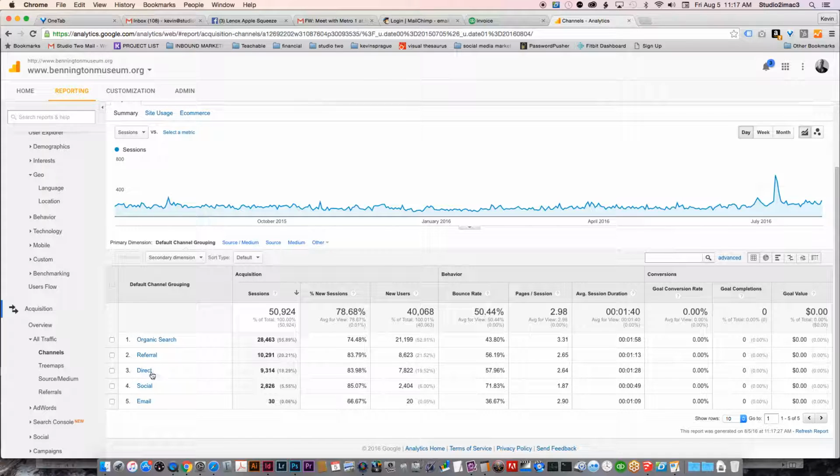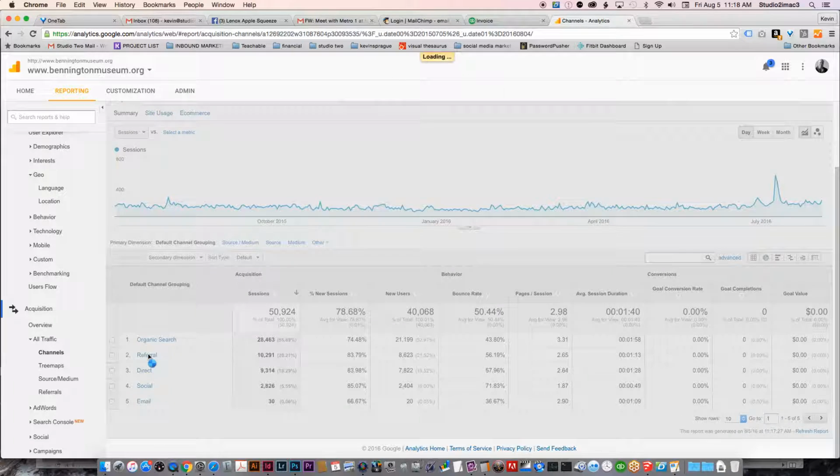Direct means they typed in the address on their browser directly. Social media referrals, Facebook, Twitter, whatever you're using. Email, this is people who clicked on an e-blast or something. This number is a little misleading and may just not have been getting tracked correctly because obviously you've sent out more e-blasts than that. Anyway, but if we dig in a little bit and we say referrals,